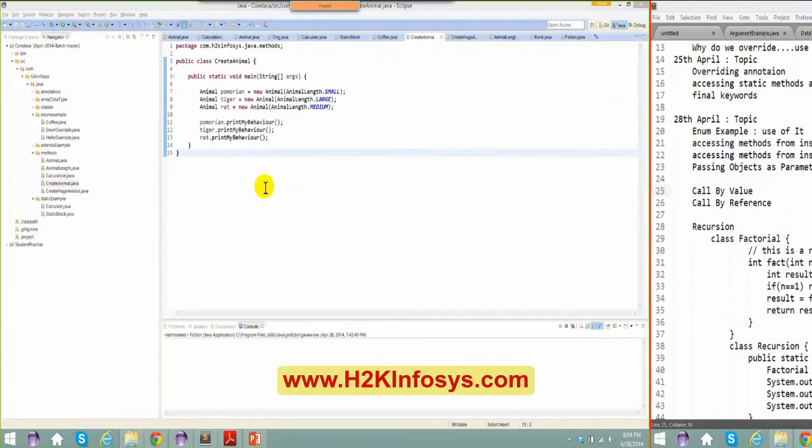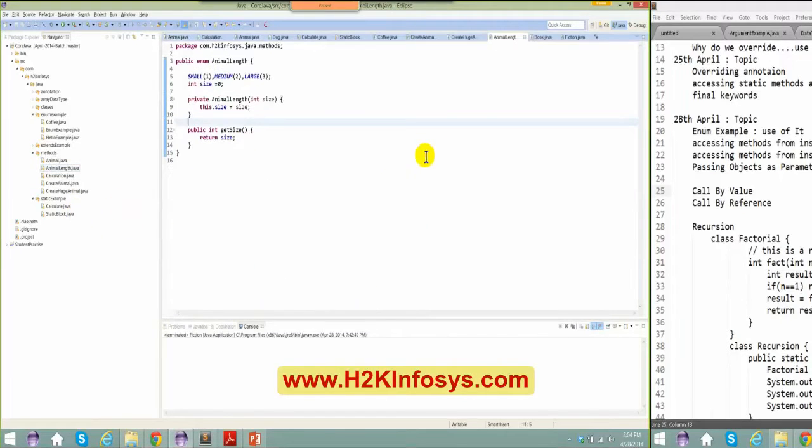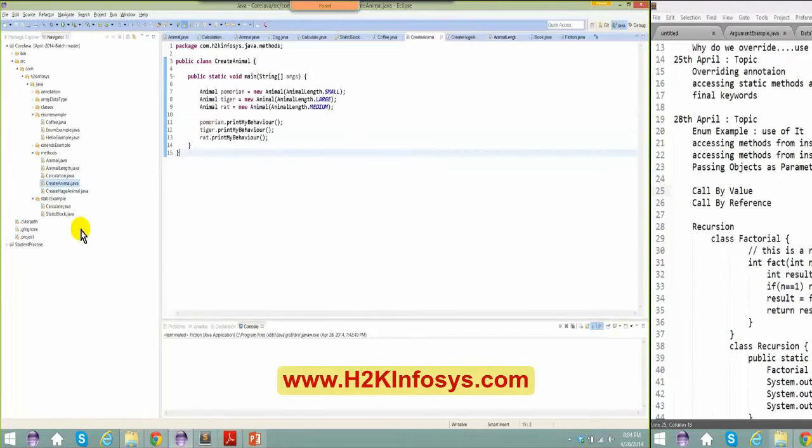Start up with the program again. All right. So in the previous example, we were discussing a class Animal, and we were talking about an enum, the animal length. We were even speaking about a human, let's say a person who is creating an animal. Let's say he's an old person, or let's say